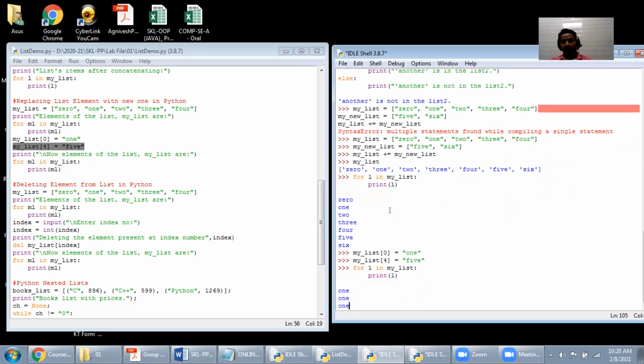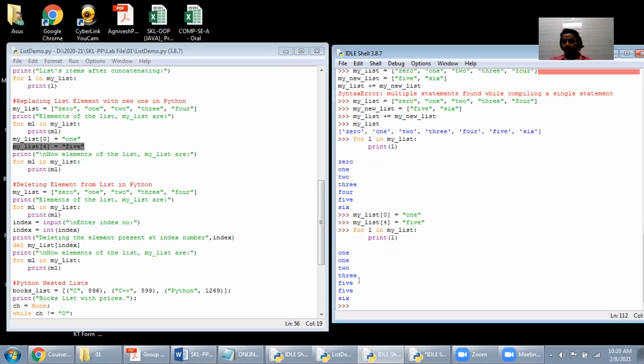Now you can check there is 1 two times, then 5 two times, because we put 1 in place of 0 and 5 in place of 4, that's why 2 times are coming. In this way it will be executed. Now you want to delete a data. To delete a data directly, the statement you have to write is your index value on which you want to delete.